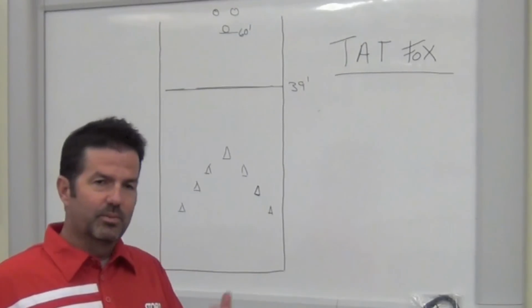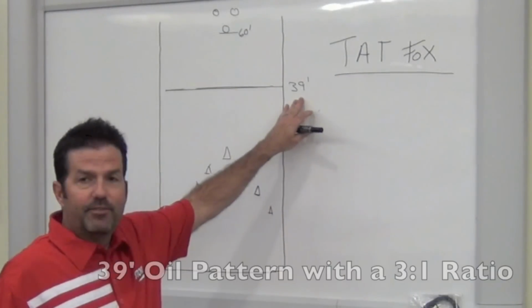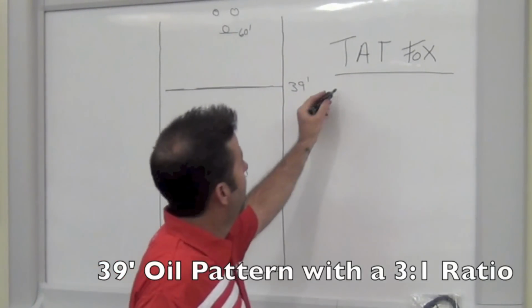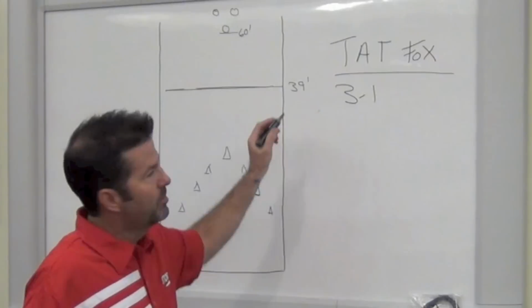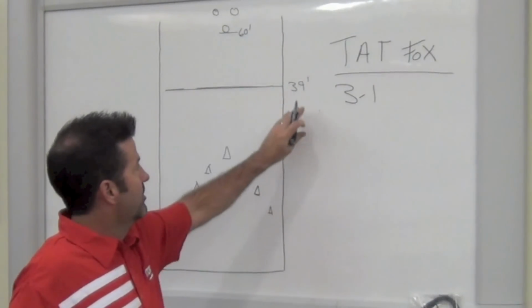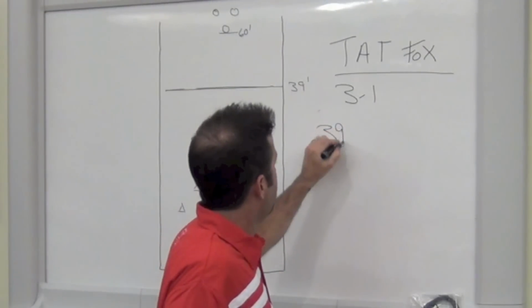The pattern was released this week on the website for the TAT, this upcoming summer tournament. It's 39 feet. The ratios for the pattern are somewhere around 3 to 1, and we'll talk a little bit about that in a minute. But the most important thing in a TAT and understanding a pattern is the distance of the pattern, 39 feet,